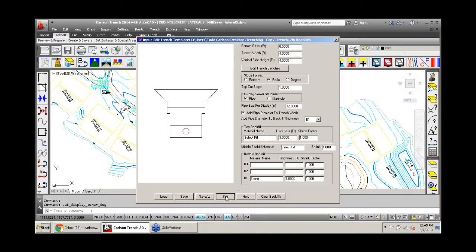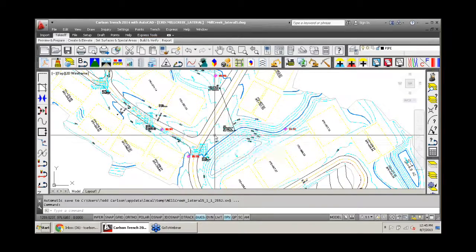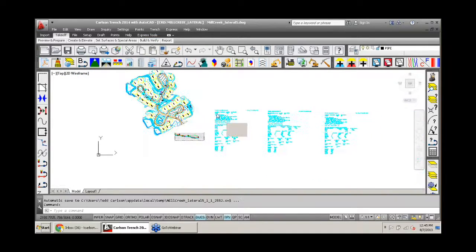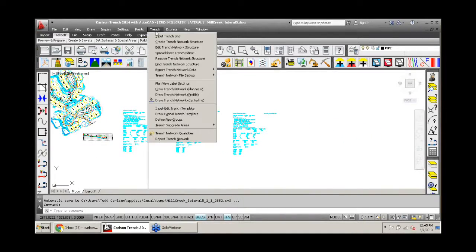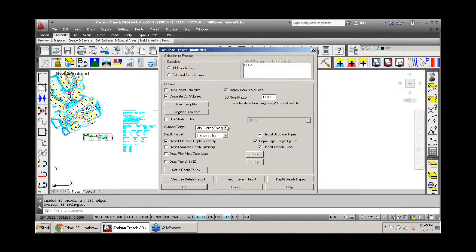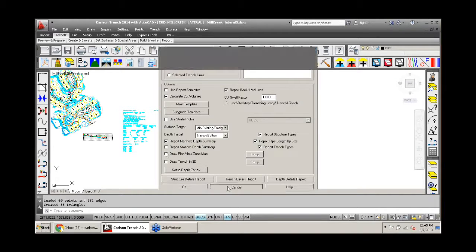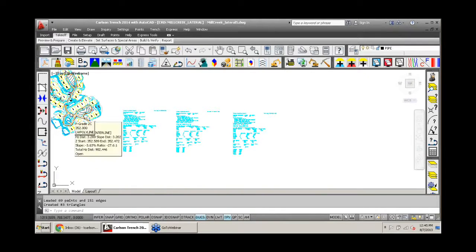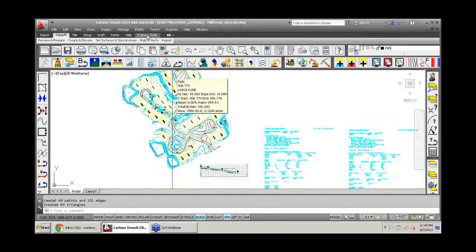Okay, so let me do save and exit. And let's set that up in our report. Let's do trench network quantities. And now I have my main template, and then I have a subgrade template. So in order to use a subgrade template, I need to define in the plan view where I want to use that. So before running this, let's go to